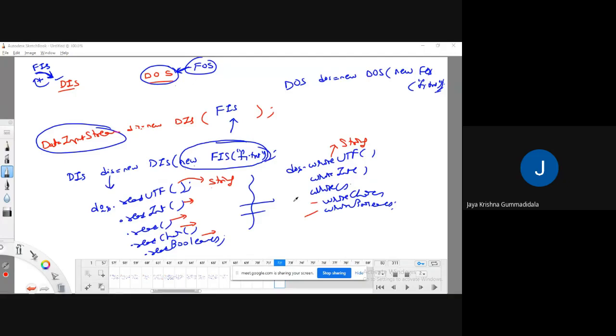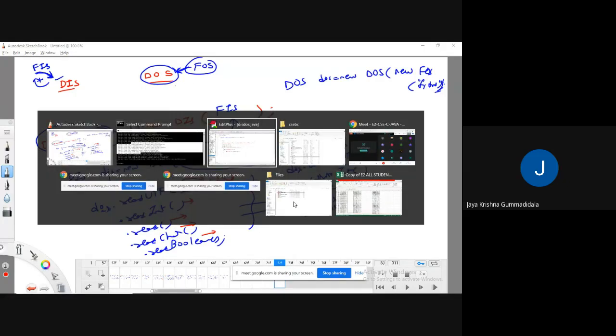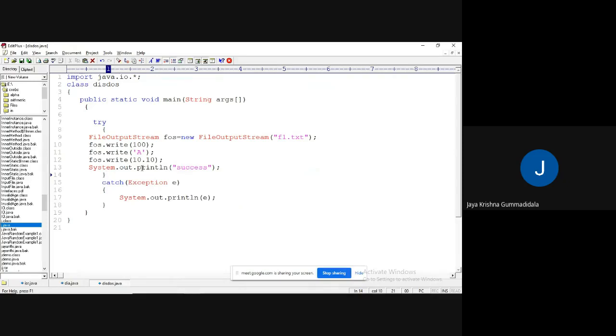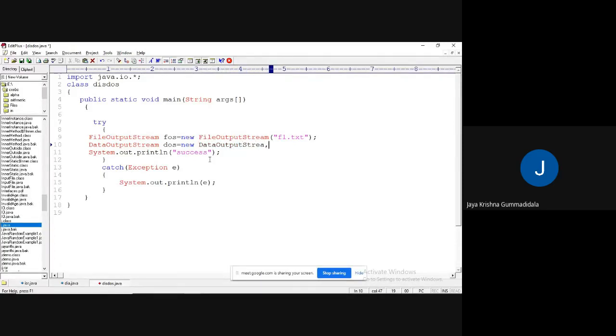Okay, now fine. Let me show an example related to this. To work with any kind of double data, I need to use data output stream or data input stream. First, I would like to write, so I'm writing data output stream dos equal to new data output stream of, and what object do I need to pass?